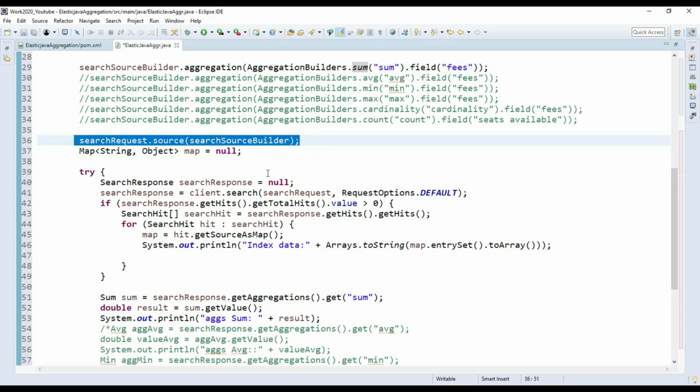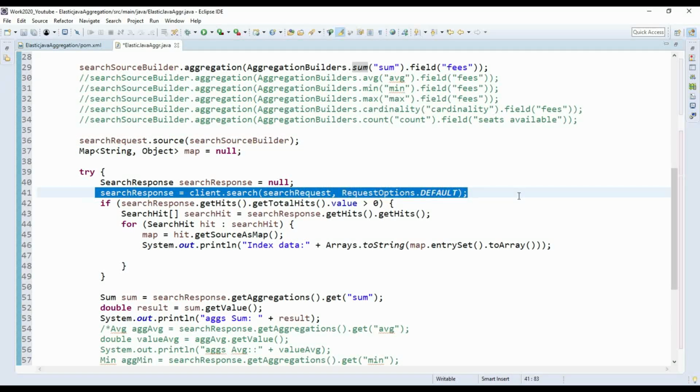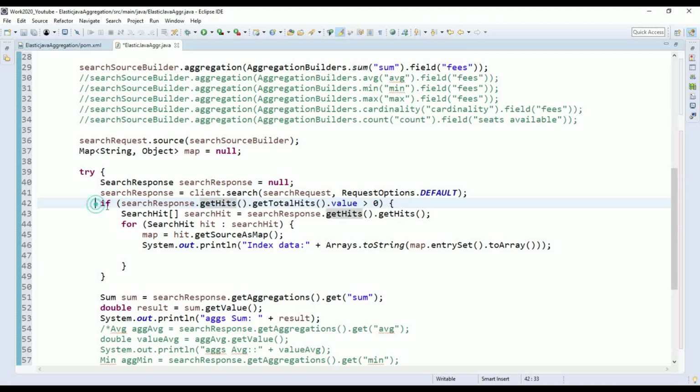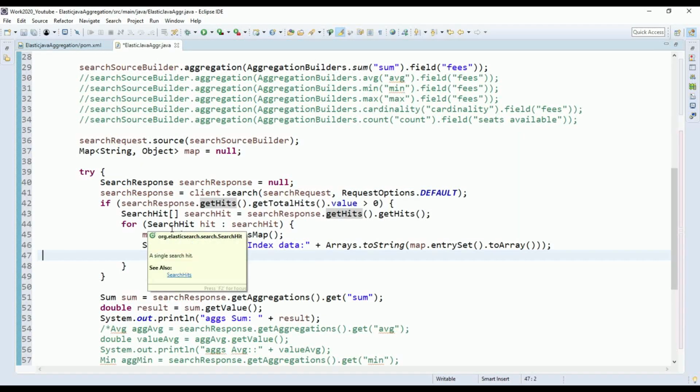This is the search query where your statement will execute and return the data into a result set. I'm iterating that result set and printing the data available in Elasticsearch. This is only for printing the data. We already saw in previous sessions how we can fetch the data from Elasticsearch.